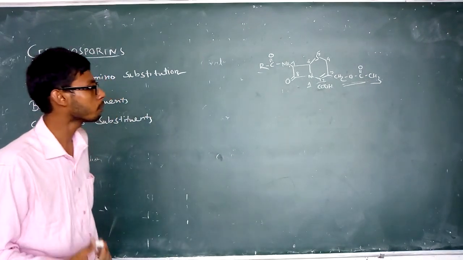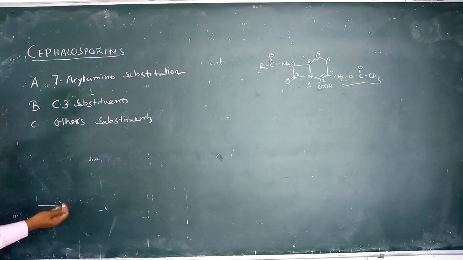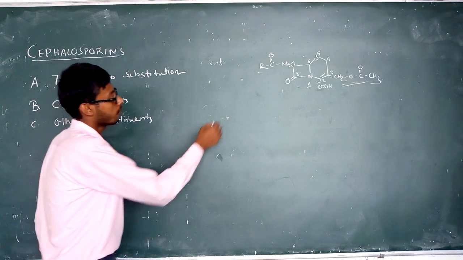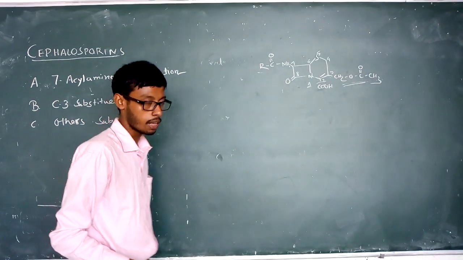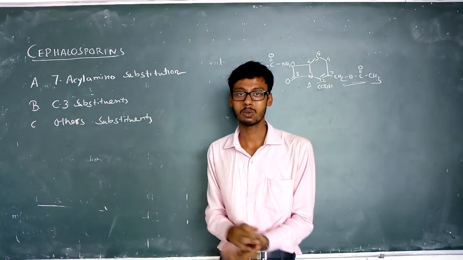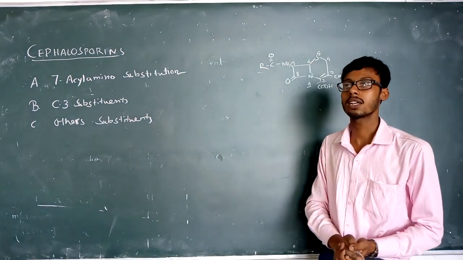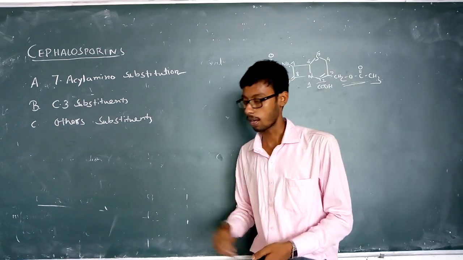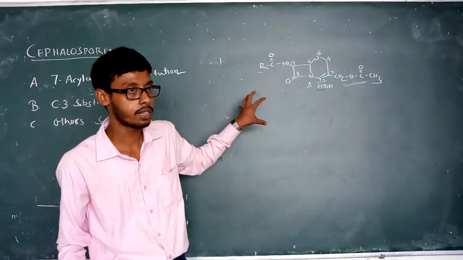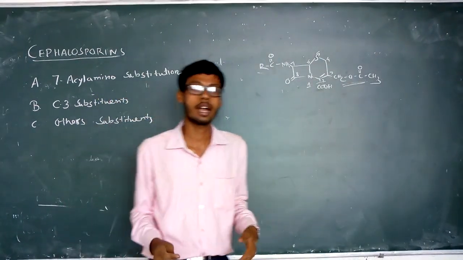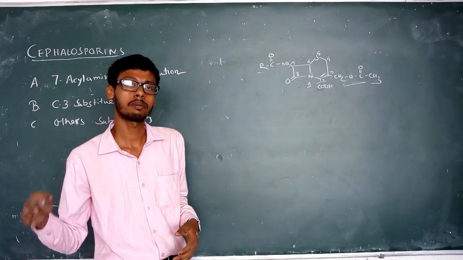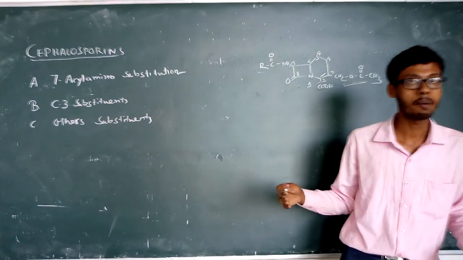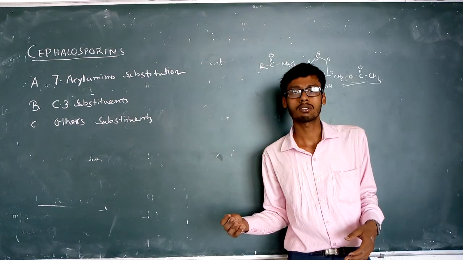So for further cases, here are some approaches to 7-acylamino substitution. One is the alpha amino substitution. We have seen that in the case of penicillin, the alpha amino group is responsible for resistance to acid, so it can resist the gastric acid at gastric pH, and so penicillins containing the alpha amino group can be taken orally.